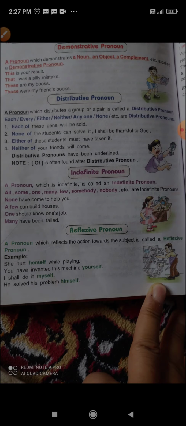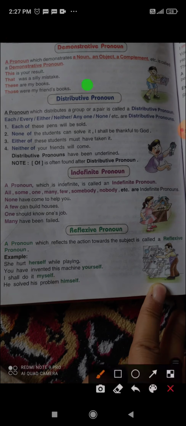After that we shall continue with this very session. What's a demonstrative pronoun? Sorry, distributive pronoun. A pronoun which describes a group or a pair is called a distributive pronoun. Distributive means to divide, to make a part of certain things, to make a proportionate distribution of some entities is a distribution. And pronoun, once again, is a word that replaces a noun.